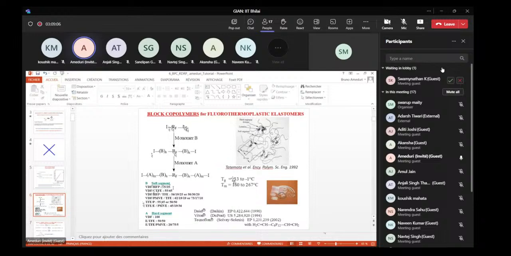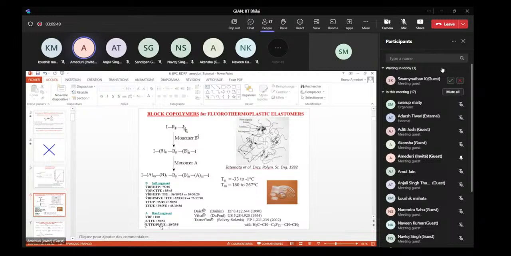For instance, VDF, ETFE, or ETFE-PMVE, perfluoromethyl vinyl ether, in which you have different content to have some crystallinity, and the crystallinity could range between 160 for PVDF to 267 for ETFE, or even 327 for PTFE. So this SEM sketch represents the different crystalline zone and amorphous zone, and indeed the Daikin Company, which produces the Dai-El, these thermoplastic elastomers in a two-step, they can be cross-linked by the crystalline zone,